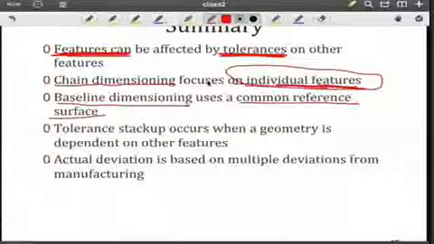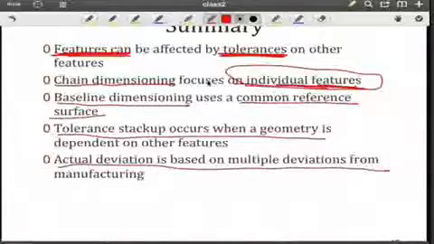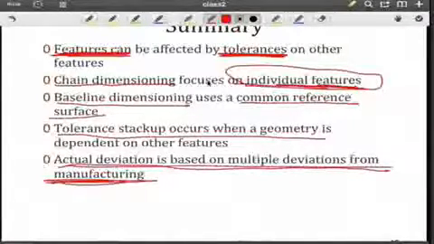Tolerance stack-up occurs when geometry is dependent on other features, and we saw that as we looked at the overall dimension of that simple part. And the actual deviation, of course, is based upon all the processes that you are using in your system. So one or more processes could be affecting those individual dimensions, and therefore the tolerance